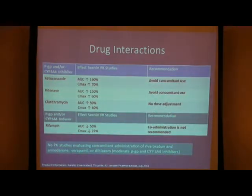So there's a little bit more guidance for us with Rivaroxaban in terms of our strong P-glycoprotein inhibitors and 3A4 inhibitors. So ketoconazole and ritonavir significantly increase the AUC of Rivaroxaban and are not recommended for use together. Rifampin, again, that induces that P-glycoprotein and 3A4, will significantly reduce the efficacy of Rivaroxaban and is not recommended for